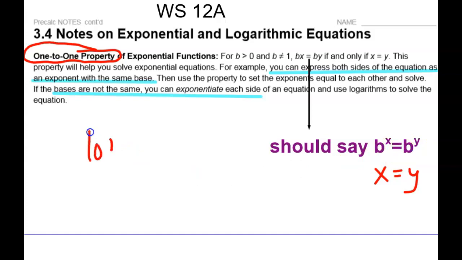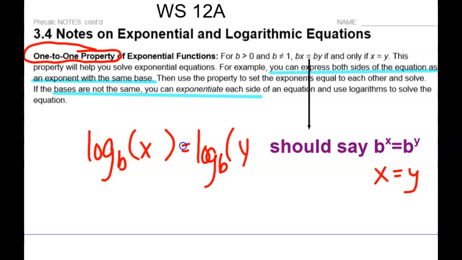The same is true for logs. If you have log base b of a bunch of garbage in here, and it's equal to log with the same base of a bunch of different garbage over here, then the things in the parentheses have to be equal. This making sense, guys? Okay, now,